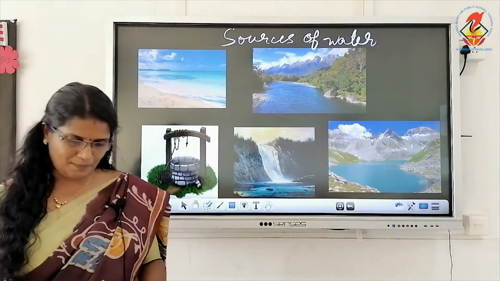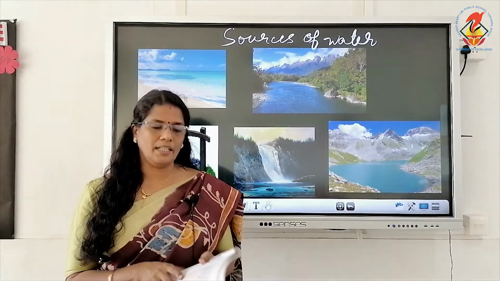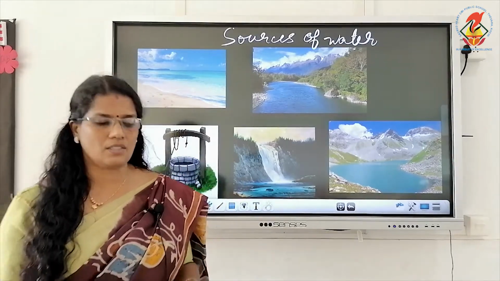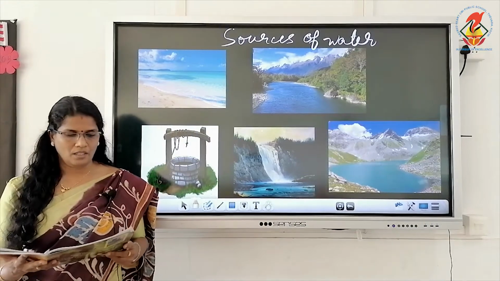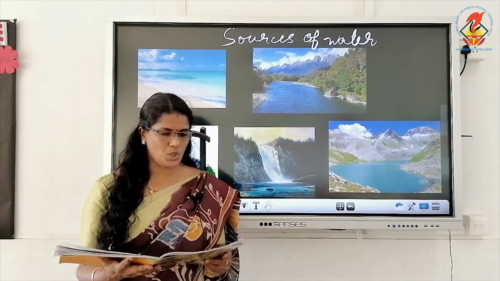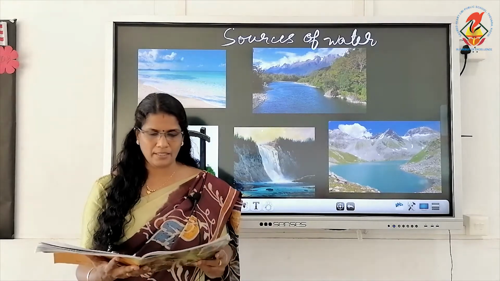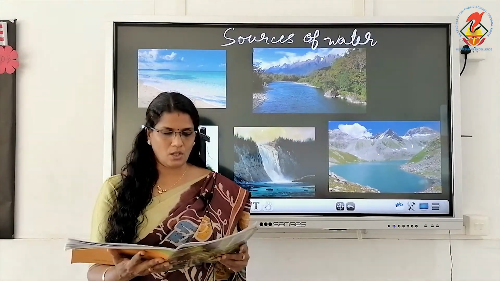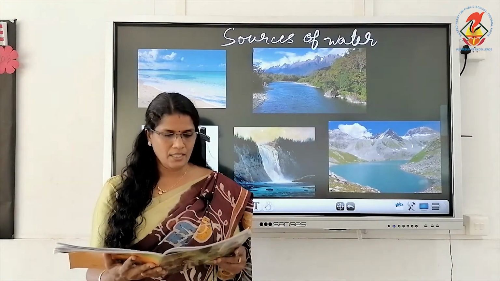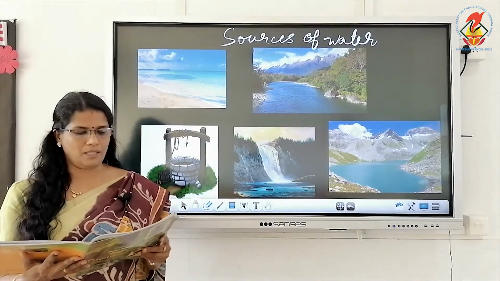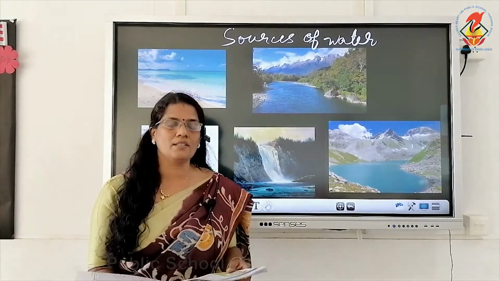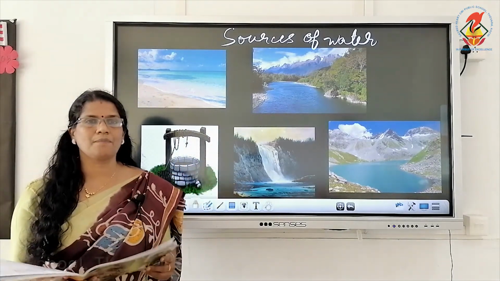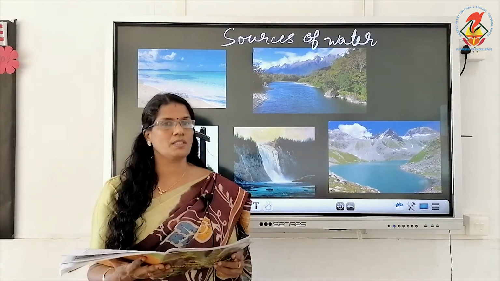Children, please take your textbook. Page number 30. First you have to mark in the fact box where terrarium is written. Please underline, it is an artificial enclosure for keeping small house plants. Then in the third paragraph, the process by which water continuously changes its form and circulates between oceans, atmosphere and land is known as the water cycle. Please underline this.